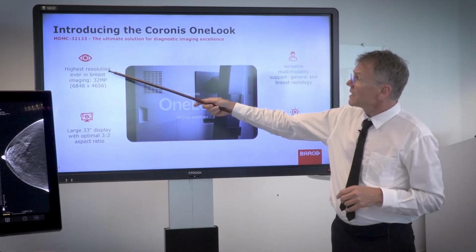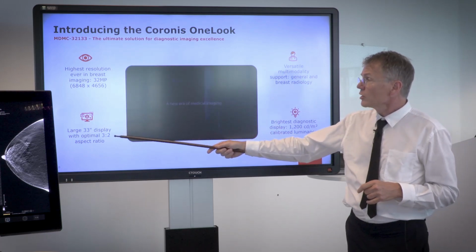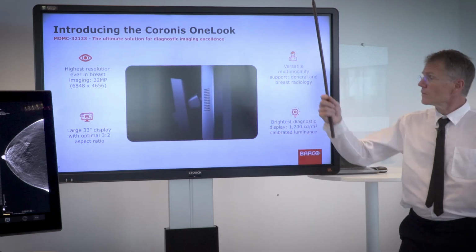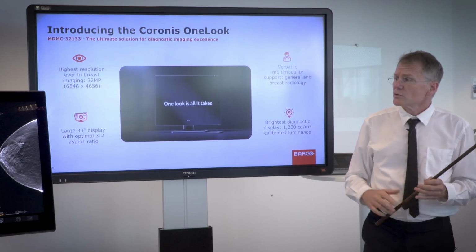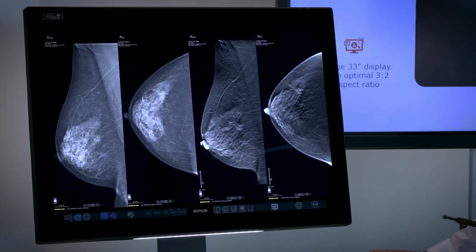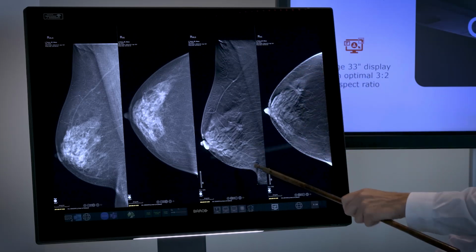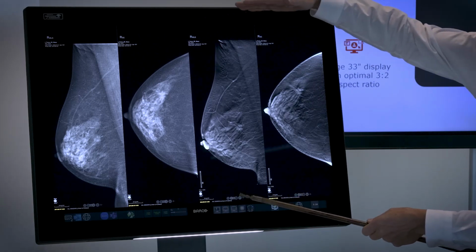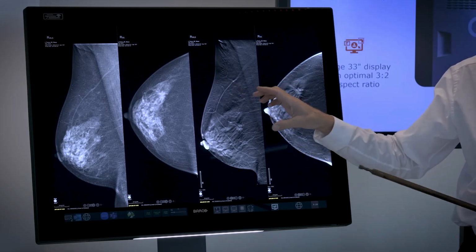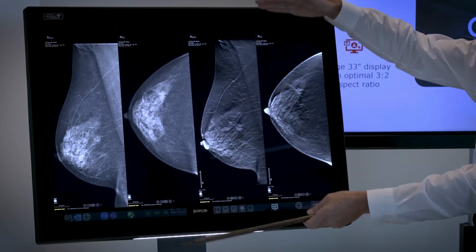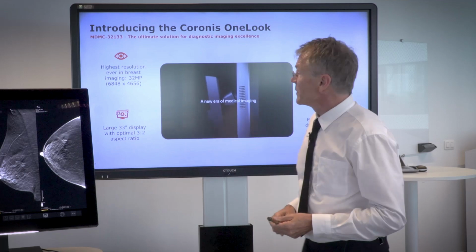What does it have? Has the highest resolution ever in breast imaging, right? It is a large display. It's 33-inch diagonal. And importantly, it has a 3:2 aspect ratio. So with a 3:2 aspect ratio, you can show things in a taller format that people like to have, because if it doesn't fit and you have to scale it down, it also gets smaller in the other direction and you just have a small picture. So often by making the display taller, more body shape, you're able to show more information.